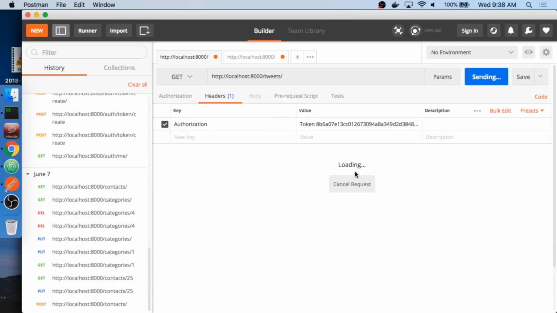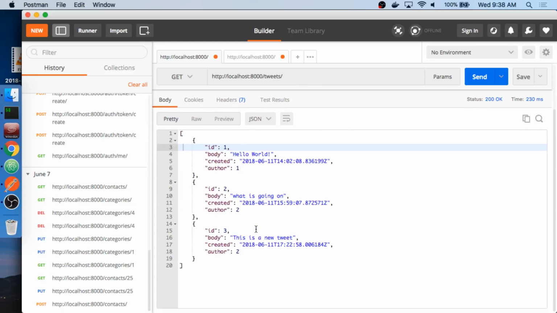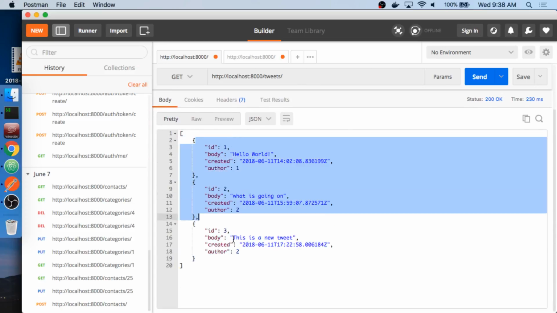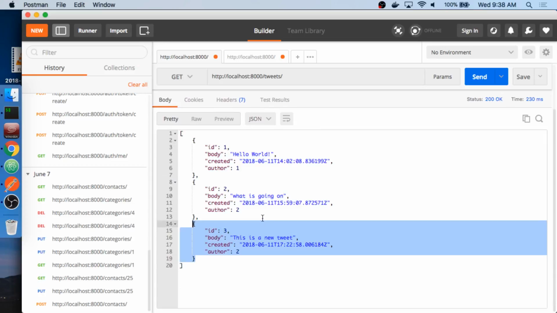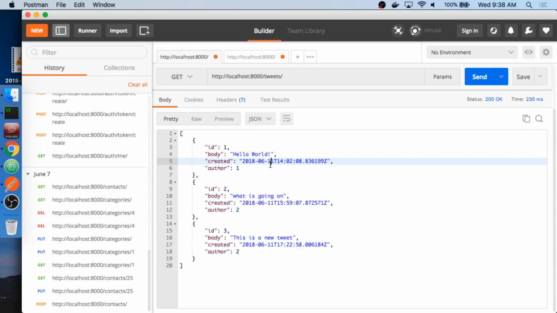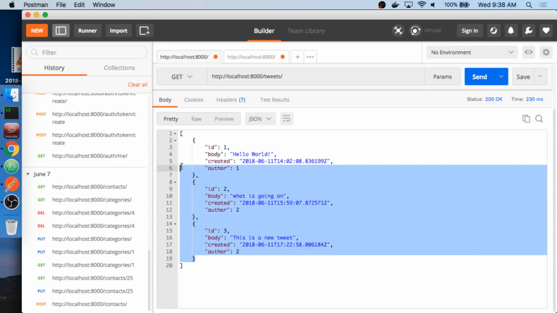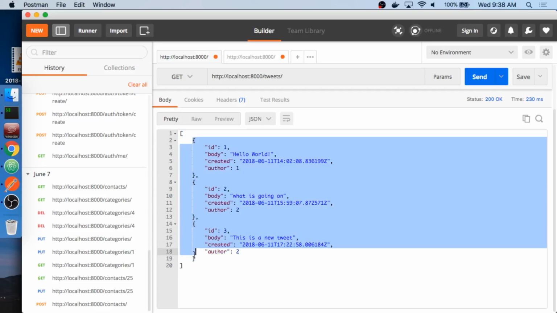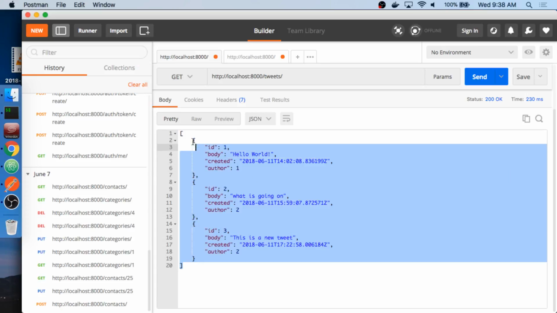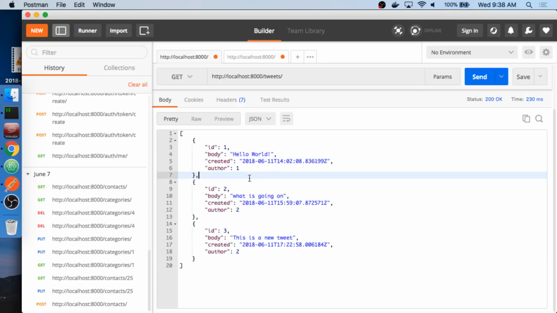So I just want to see all the tweets in my database. Notice that it's not showing me if they're private or not. That's an interesting question, though, in terms of application design. Do you think we want to show the clients, or do we want to reveal if it's private or not? Does it really matter for us to show if it's private or not? Think about that from a user standpoint of the app.